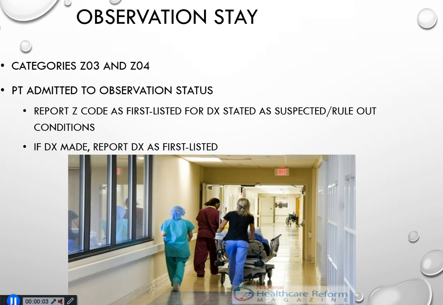Observation stay is when a patient is admitted for observation for a medical condition. We're then going to assign a code for the medical condition as the first listed diagnosis. When a patient presents for outpatient surgery and then maybe develops some type of a complication that requires them to be admitted to the hospital,